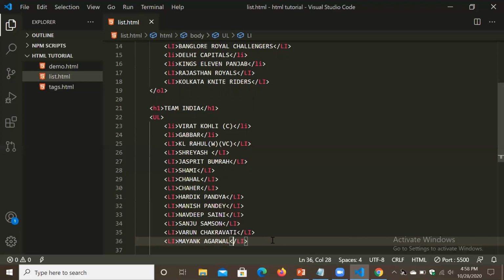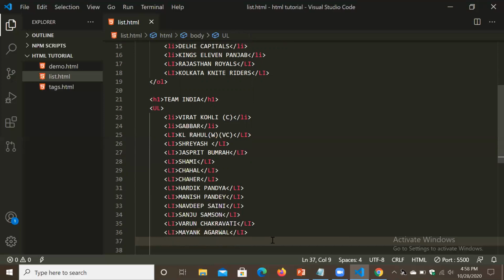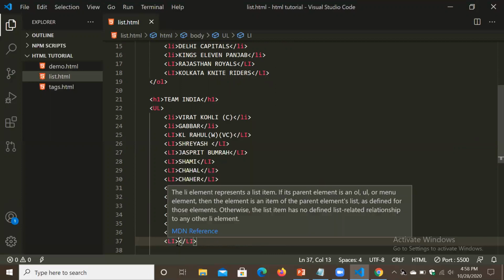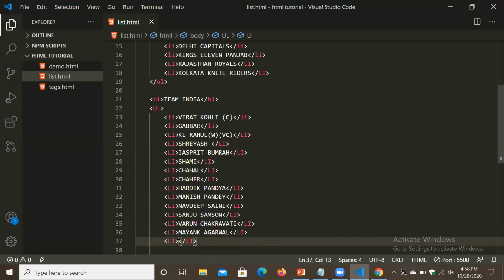Next one, one more bowler, Bhuvneshwar Kumar. Okay, 15 squad done.